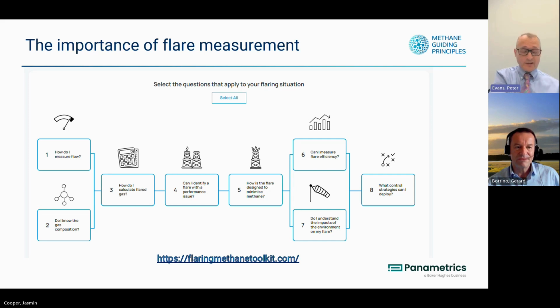But it starts with really a thank you to Jasmine. It was a super introduction to the topic of flaring and why flaring matters. And of course, the best flaring is the flaring that never happens, where you bring the flaring volumes down. But where flaring is required for a variety of reasons, there's a requirement then to make sure that the total greenhouse gas emissions, including methane, are managed and minimized as